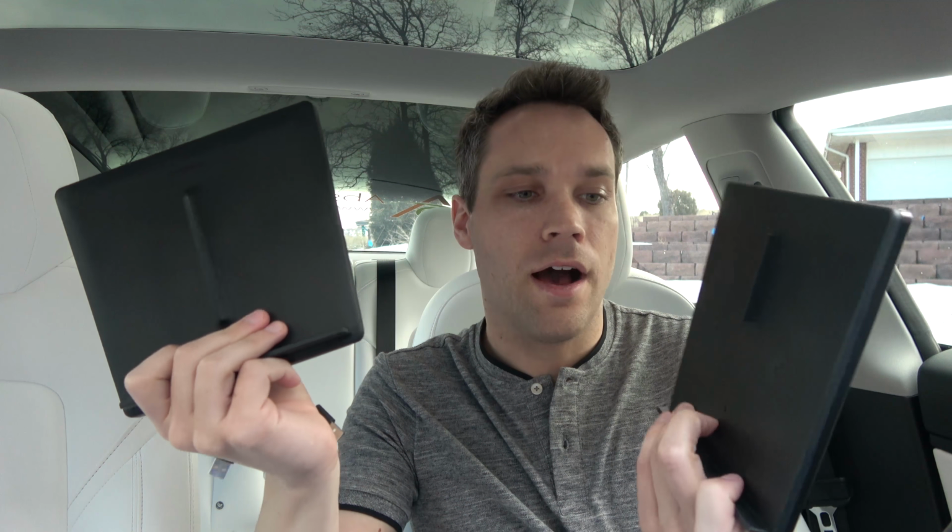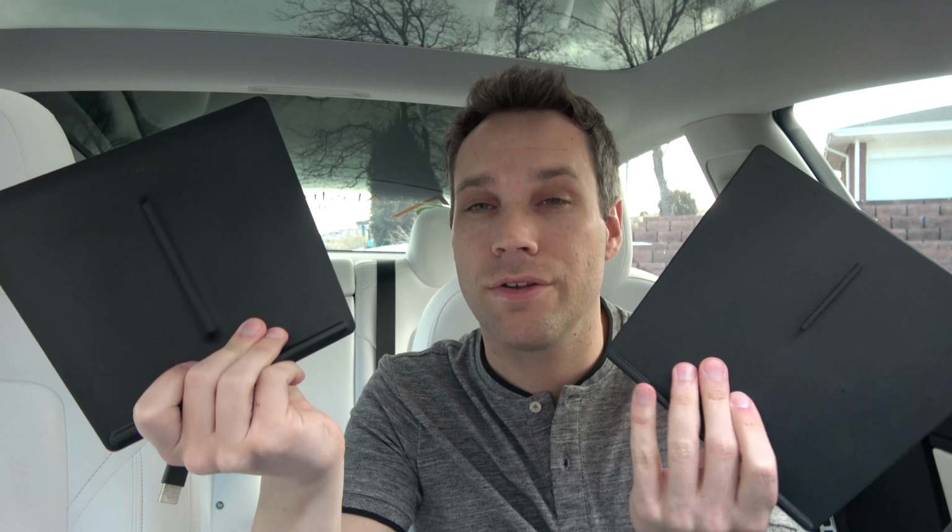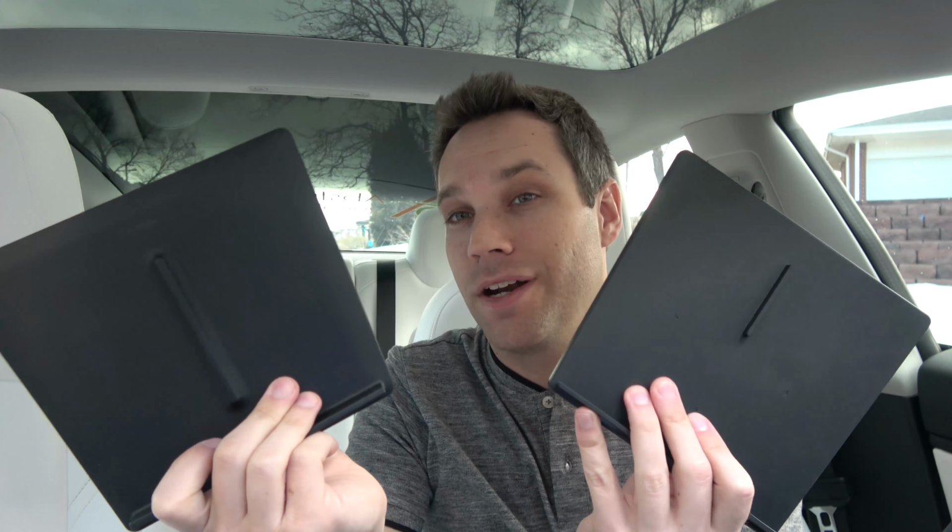Both I think are great options. It's really whatever works for you. It's great to see a lot of different wireless charging accessories coming out, especially with the different phones that are coming out with it. Now I don't have iPhones to test with either of these. I'm an Android guy, I'm sorry. So that is what it is for now, but at least you can see how it charges